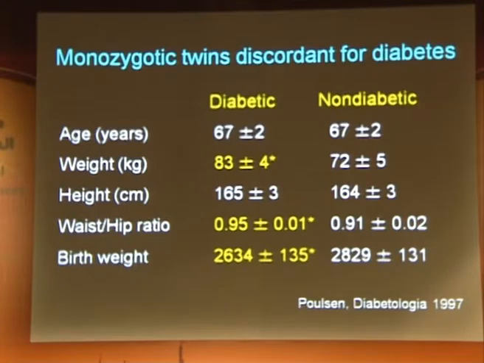But what was very interesting is that those monozygotic twins who developed diabetes had a much lower birth weight. And they did try to correct for many of the factors associated with the development of type 2 diabetes. Even after correcting for some of those factors, they were able to make that observation that birth weight was really the single most important risk factor for the development of type 2 diabetes in this twin cohort. There was a much bigger study done in the United States called the Nurses'